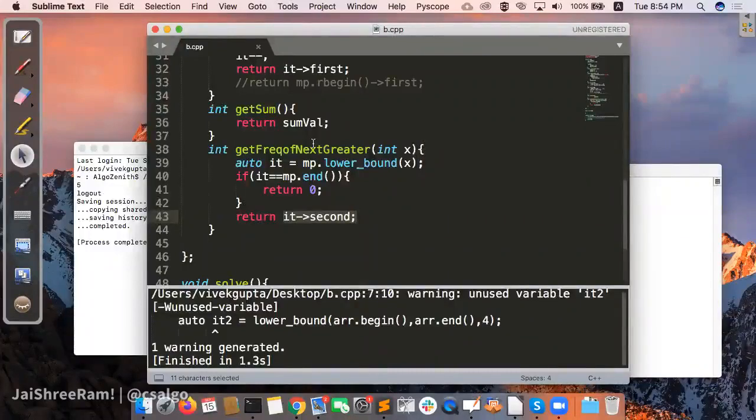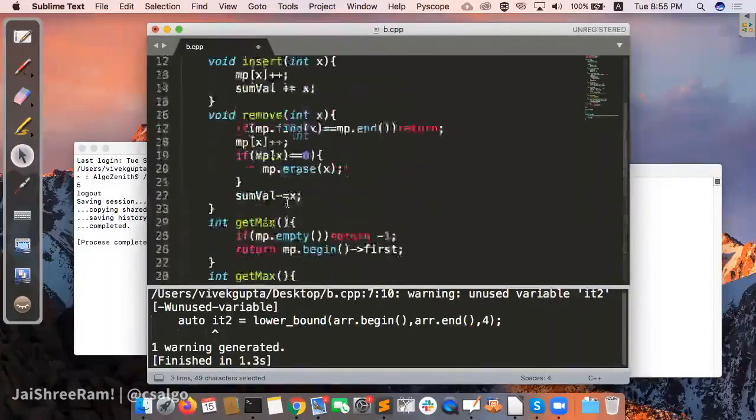No, it's not sequential, it's in a tree form, so you cannot get a random access iterator. But yes, it is sorted by the key value, and keys are the elements that you are putting in. Is it clear, Amisha? Okay, so don't forget to check these things because this will be troublesome. In case there is no element, then you will mostly get segment faults or runtime errors in the problems. So make sure you check these.